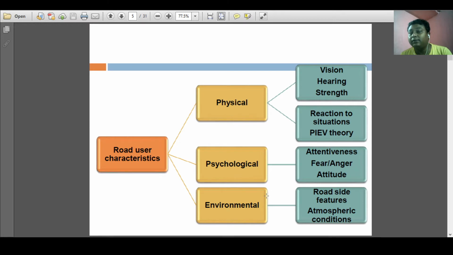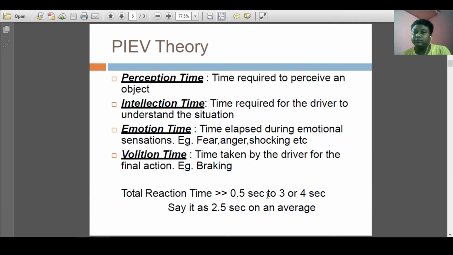There are some hindrances due to this fog. So the clearance of the roadway during various types of weather is different. In rainy season the clearance is something different, in foggy season something different, and in normal situation something different. So these are some road users' characteristics. As we discussed, the road users' characteristics under this